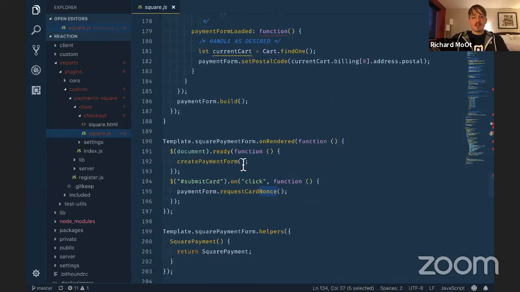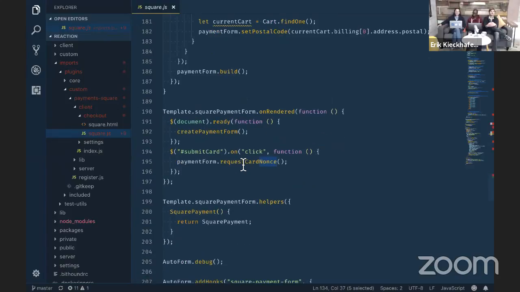I forgot to check, is everyone able to see the text on here relatively well? I know sometimes it can be kind of small. Yeah, we can see it pretty well. It seems to be fine.